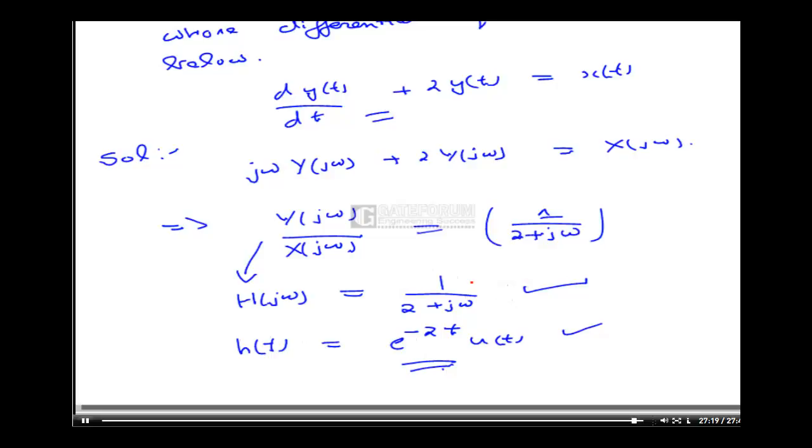Okay, so these were the few problems which we have covered for problems related to the continuous time Fourier transform. We will see problems for continuous time Fourier series, discrete time Fourier transform, discrete time Fourier series, and after that we will cover the topic discrete Fourier transform. Okay, this topic is newly introduced in